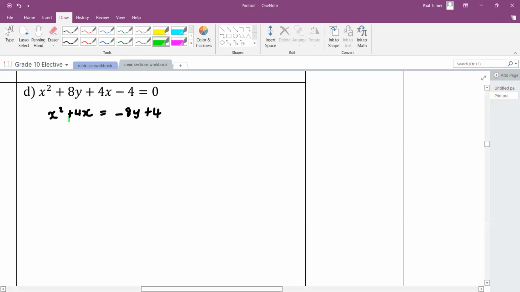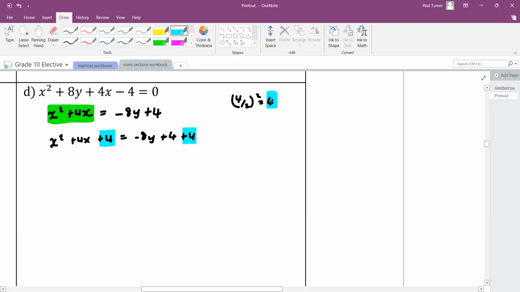Okay, so we need to complete the square with the x squared and the x component here. So let's complete the square. This number's 4, so we halve it and square it, we'll get 4. So this number we're going to add to both sides. So I'll have x squared plus 4x plus 4 equals -8y plus 4 plus 4. I'll highlight that to show I've added this 4 on both sides. So now we have a completed square. So this can be written as x plus 2 all squared, and this side will be